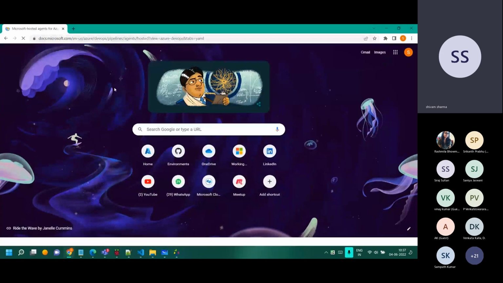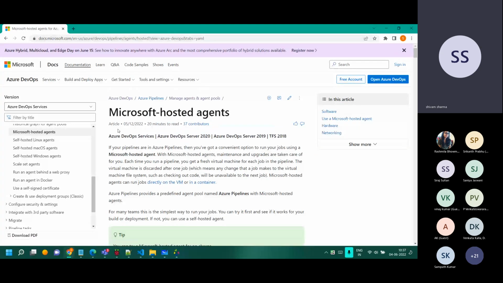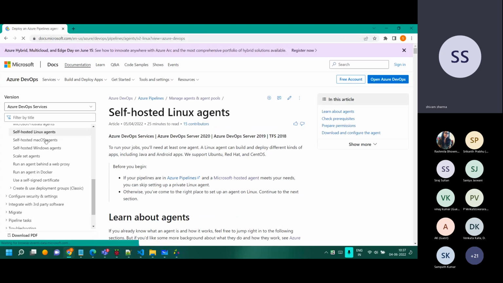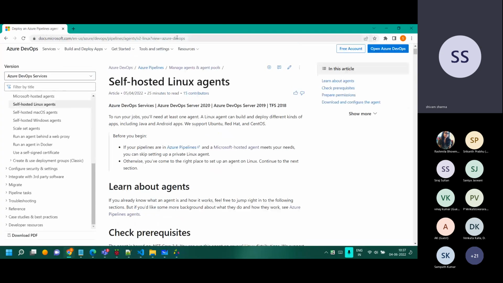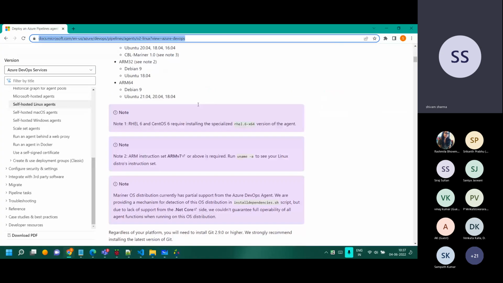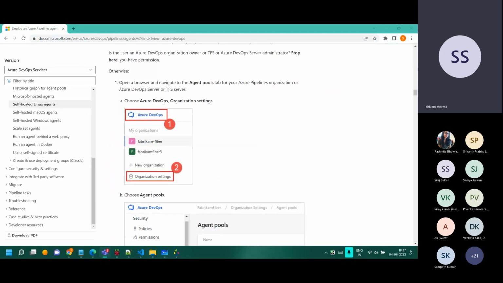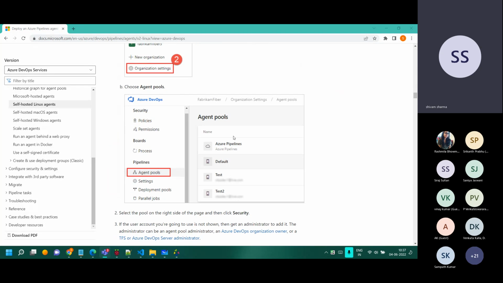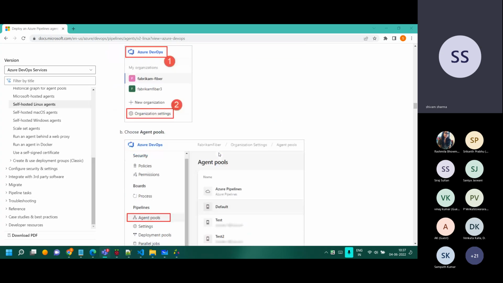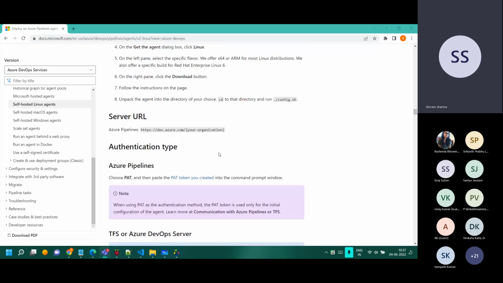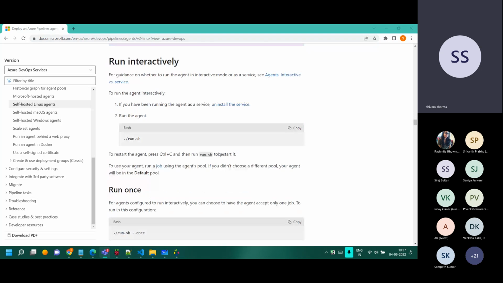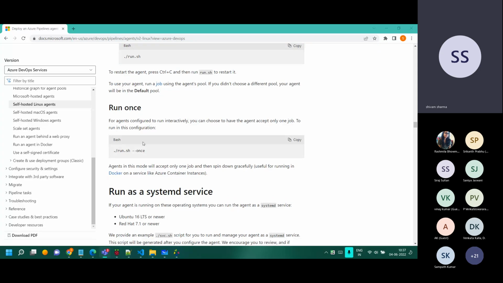So if I just go here, this is the Microsoft hosted. Then this is self-hosted over here. So if you come to this page, let me see if this is the correct one or not. Yeah, okay. So this link also goes in the chat. So what we basically do is we click on this, create the agent, and so on and so forth. Now there are a couple of things we need to do after that. There are a few commands which you see.